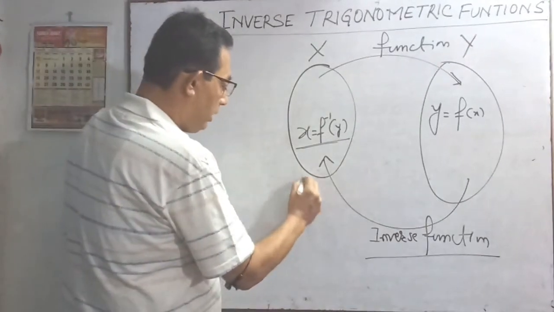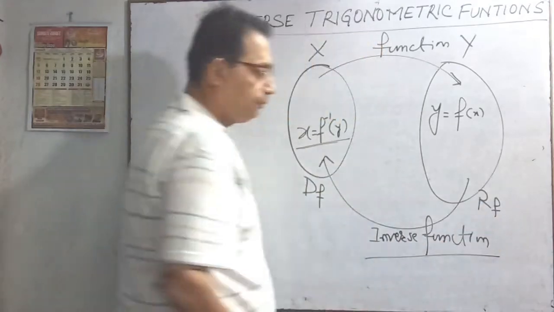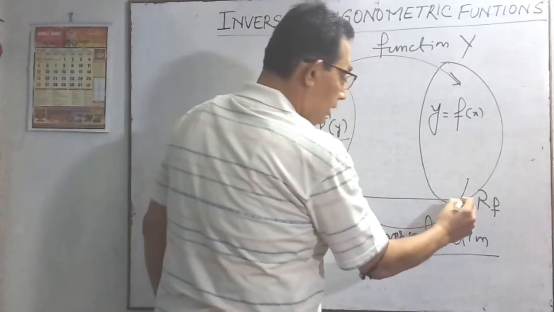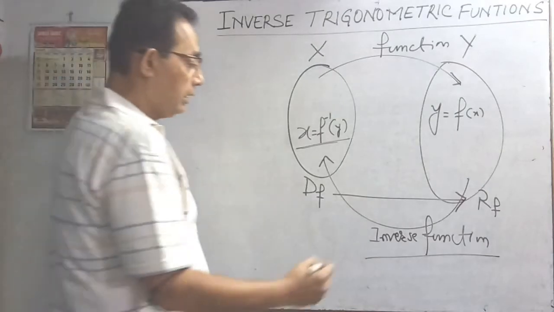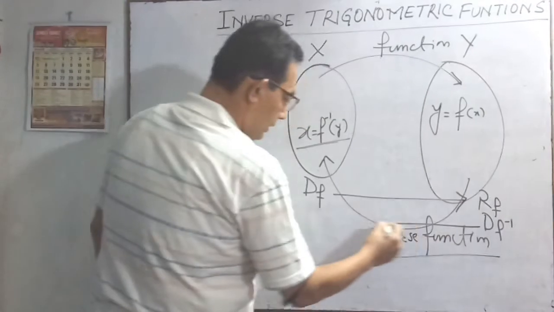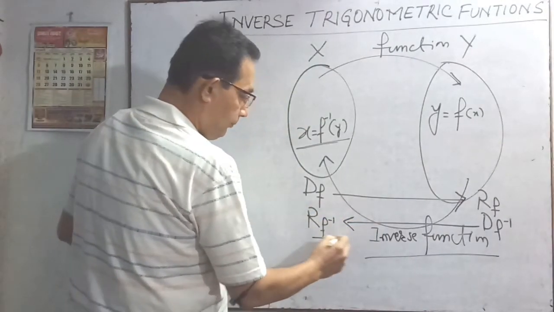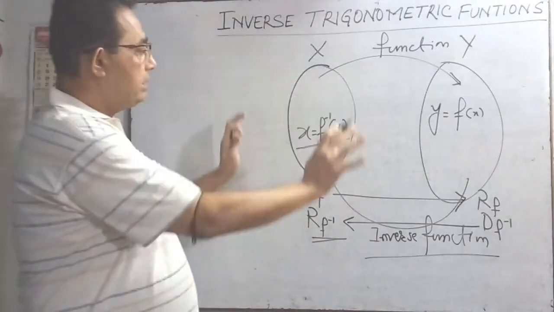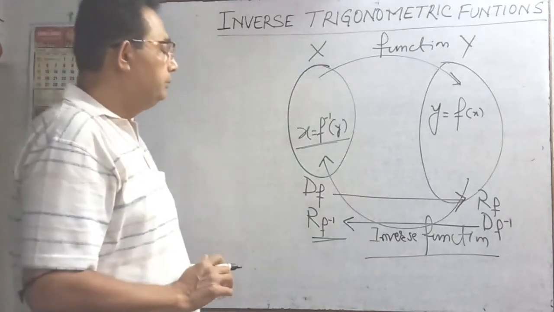It is domain of f. It is range of f. For the function, domain of f, range of f. For the inverse function, it is domain of f inverse and this is range of f. Is it clear? It is inverse function. Understood? Now, you see,